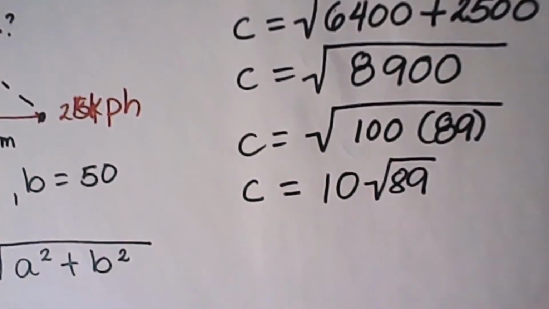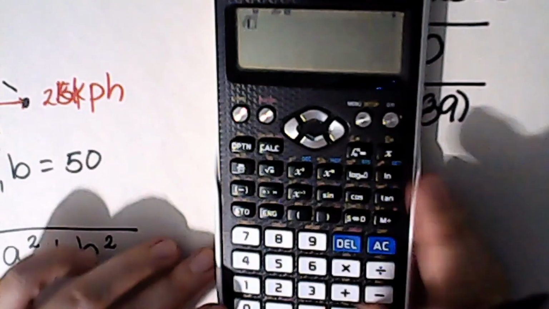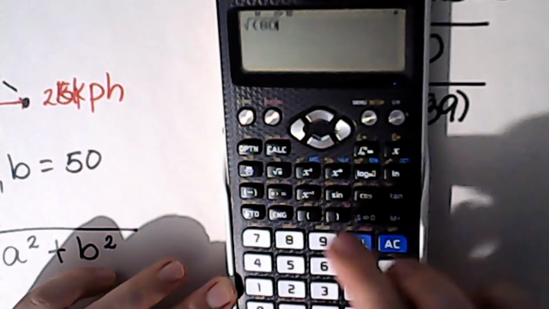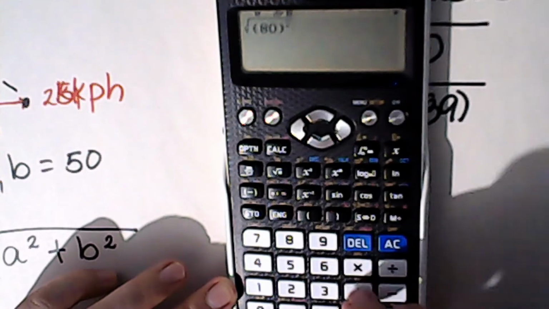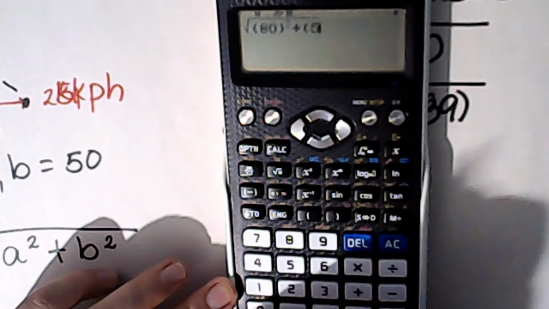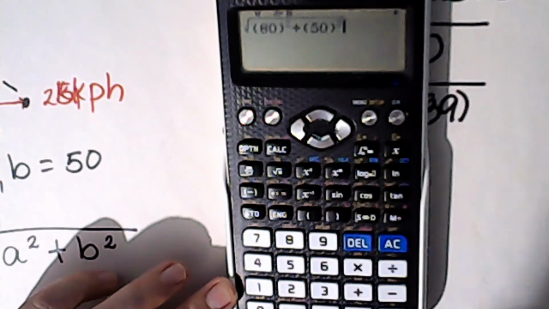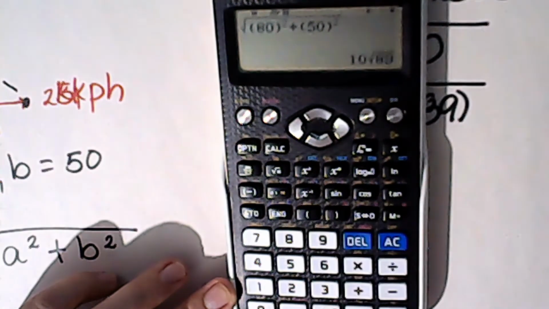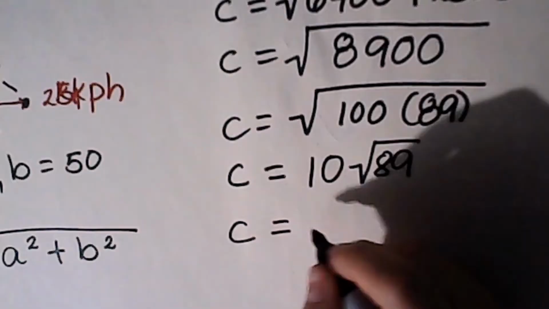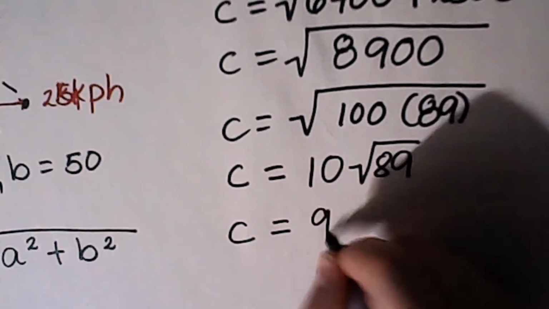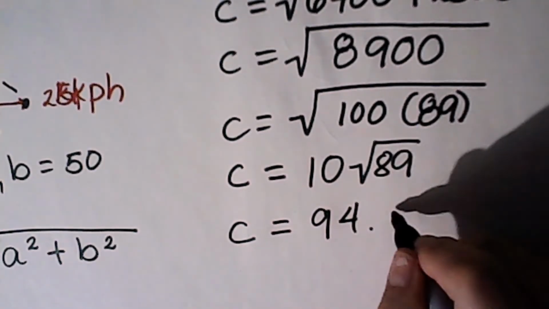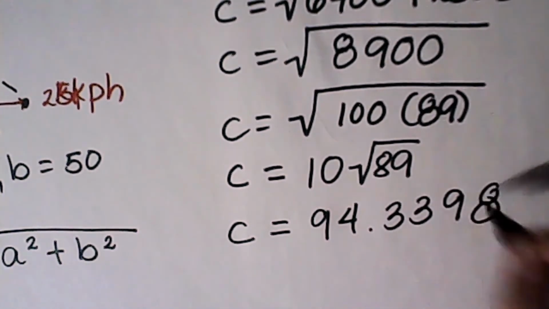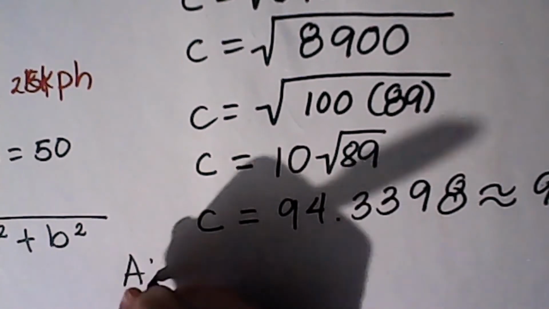But with the use of calculator, square root of 80 squared plus 50 squared. Okay, so that is 10 square root of 89. C is also equal to 94.3398. So for our answer, we are going to write